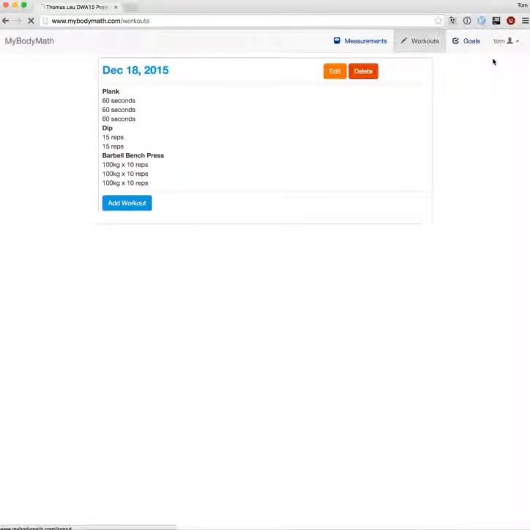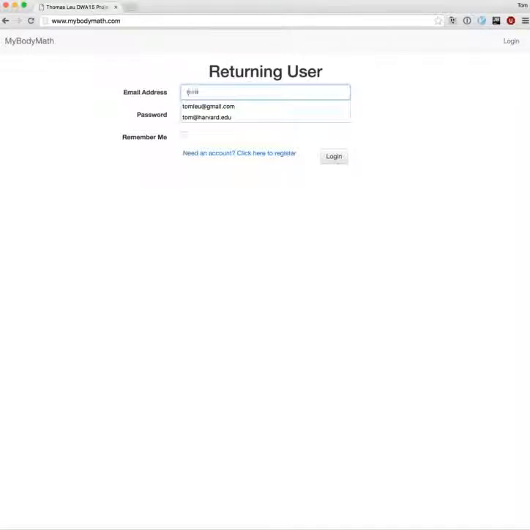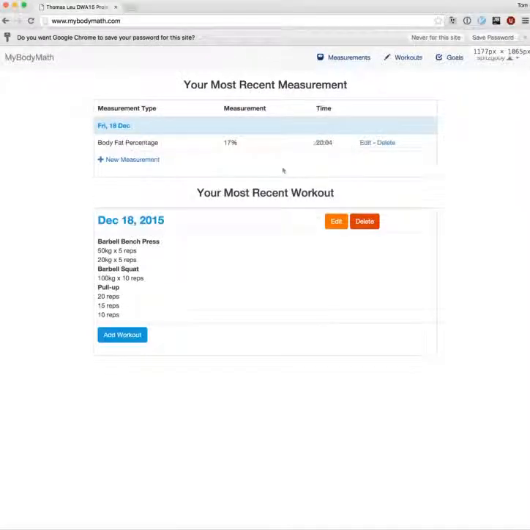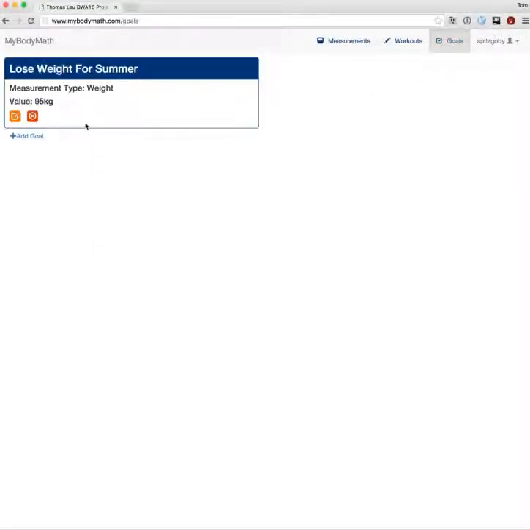All right, I'll log out of this user, and let's go to a user with slightly more data and see what that looks like. All right, so here we are. So this is a user that's got some measurements, got some data, and you can see that I have my most recent measurement and my most recent workout right here on the front page. Now, if I want to jump ahead to my goals, I can see my goals here,